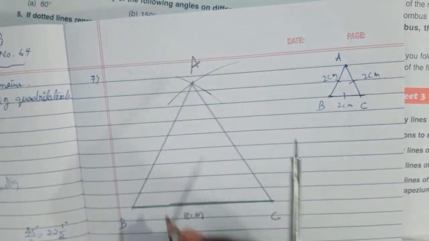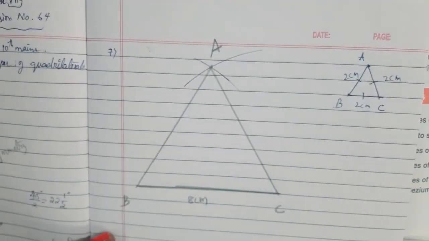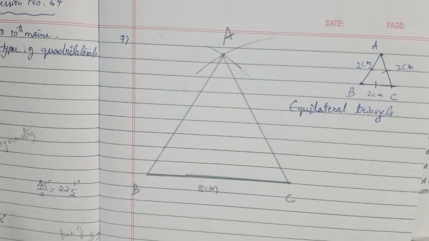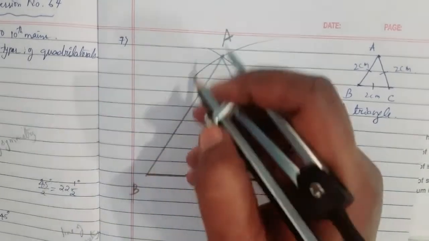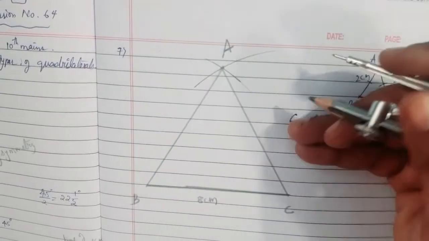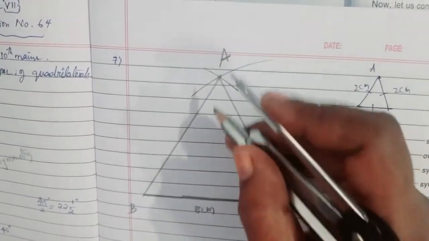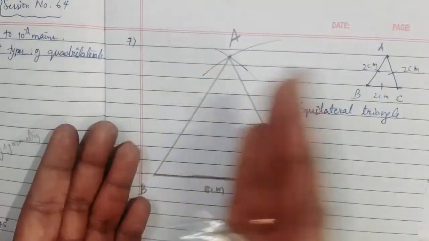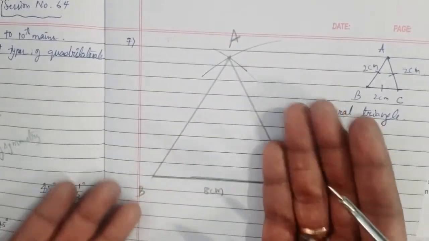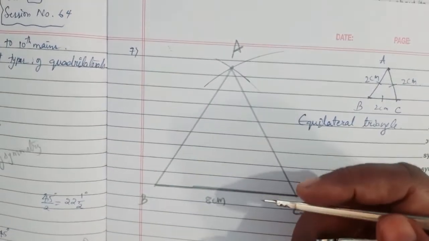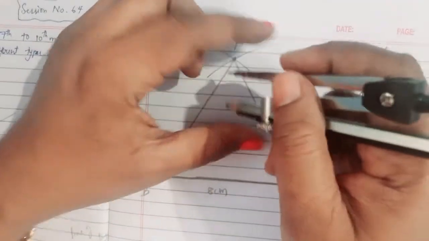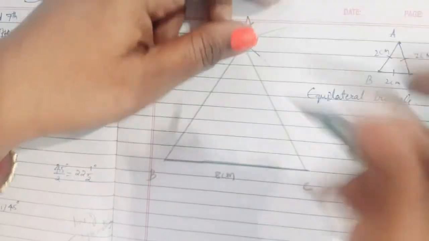So we get an equilateral triangle. For this equilateral triangle, we have to draw the lines of symmetry. How many lines of symmetry do we get in an equilateral triangle? Since all the sides are equal in an equilateral triangle, when we fold it about a vertex, all the three vertices coincide with each other, children. Therefore, at all the points we are going to draw the line of symmetry.